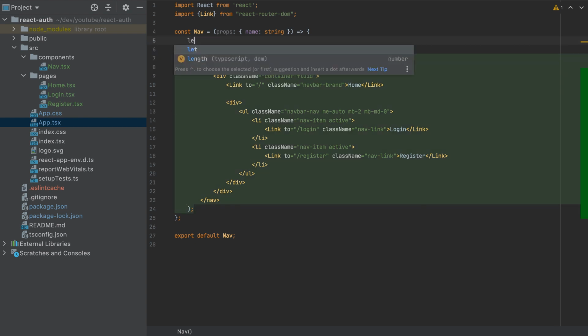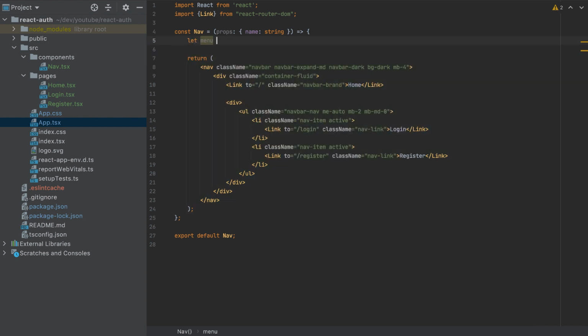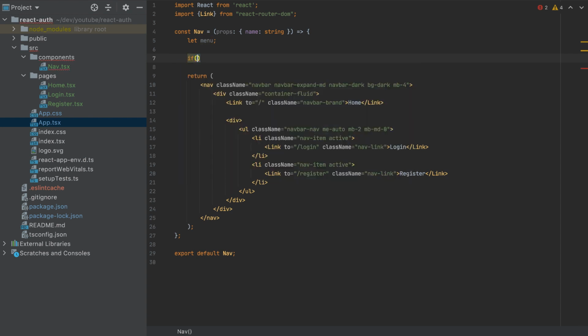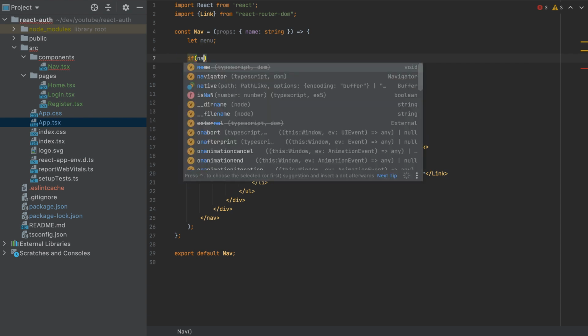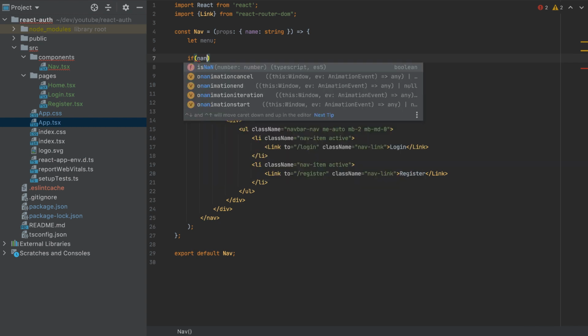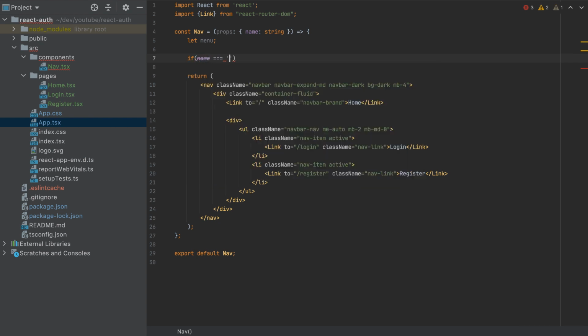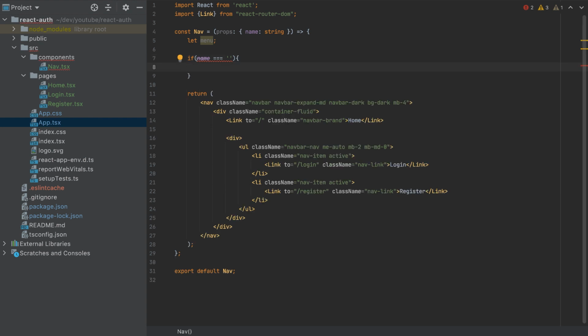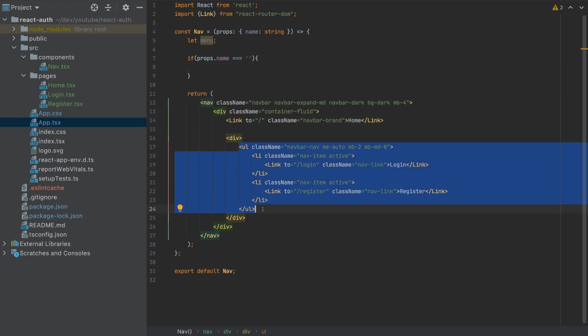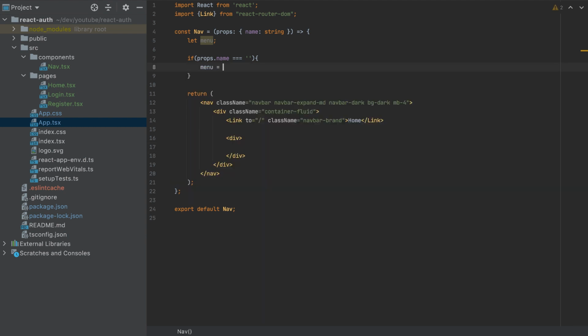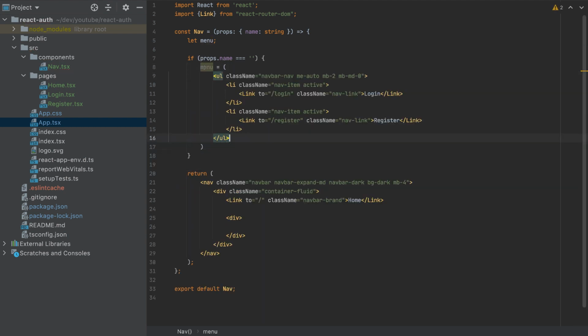I'll make a menu, and this menu, if the name is empty, not name that but props.name, then the menu will be similar to this one. So by default, if the user is not logged in, we'll display this HTML. If the user is logged in, so we have an else here,